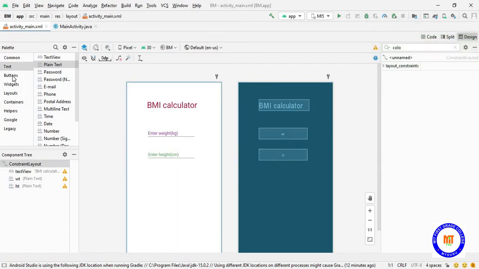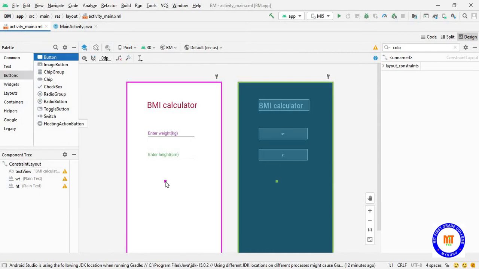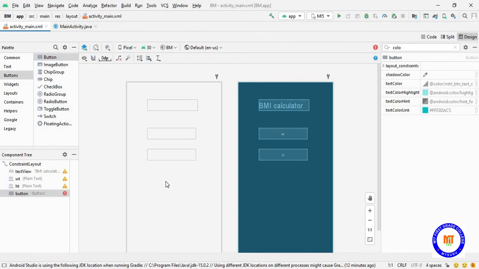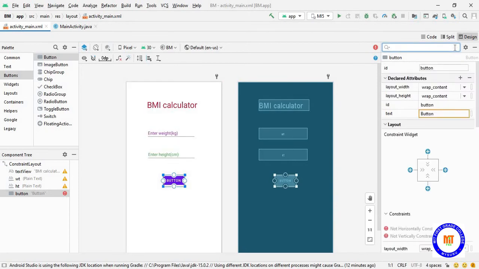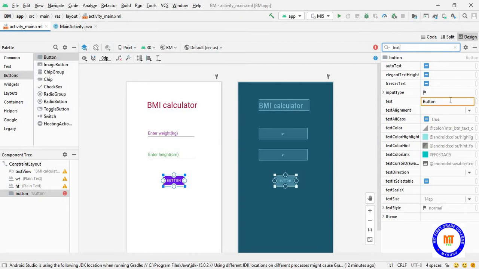Then I'll take a button. I'll change the text. So I'll give it as calculate.